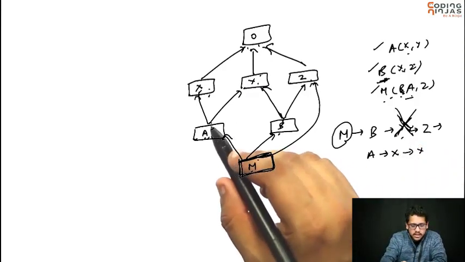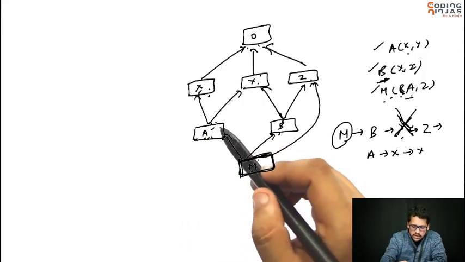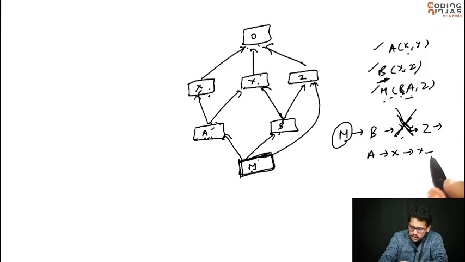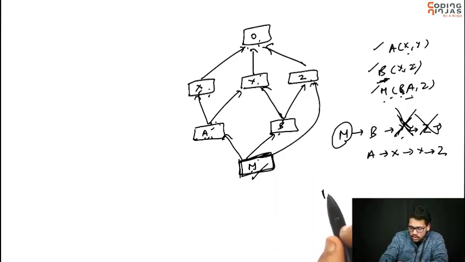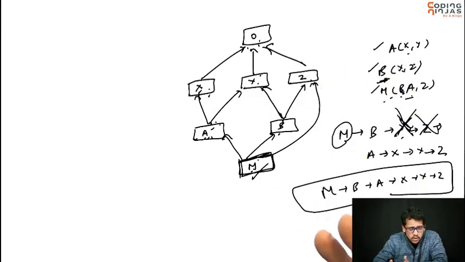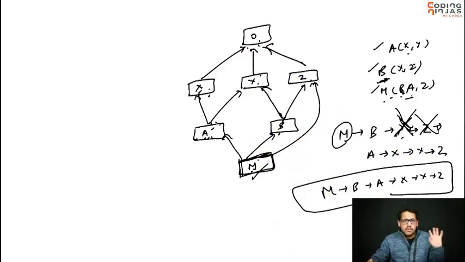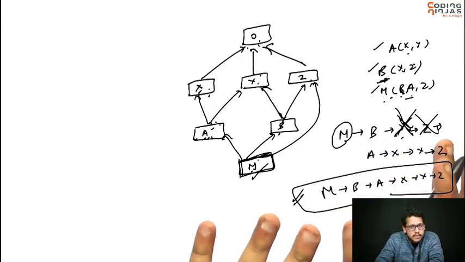Now you will come back, A has come back, so Y will come back, A will come back, M will go to Z like here, so this Z will be cut, and after that Z will go to O, you will come back, this M is over, and this is the order in which method resolution works: M, B, A, X, Y, Z. You will go deeper and deeper till you are able to go, then you come back. If any call comes again, then the previous call will be stopped. So this is the concept of method resolution order, and this is the algorithm behind it.